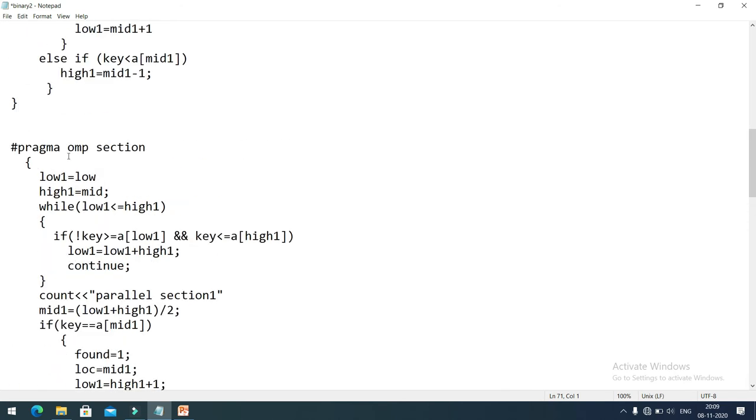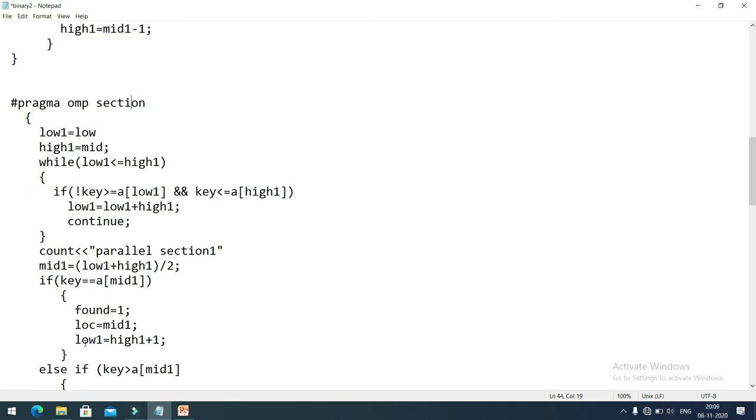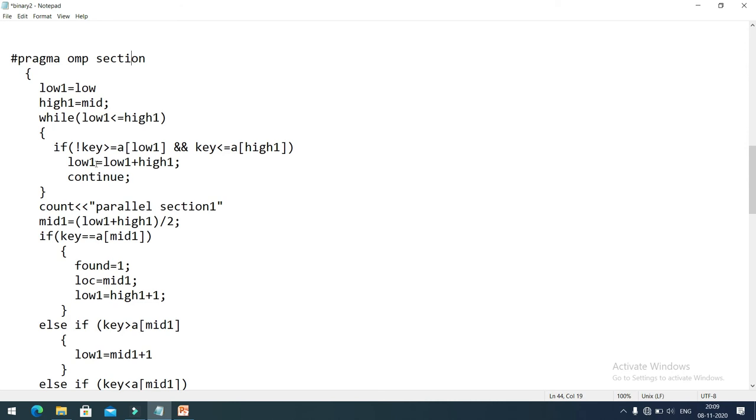So again, this will be a compiler directive, pragma omp section. So this is section 2. This first part will be executed by some different thread, and this part 2 will be executed by some different thread in order to achieve the parallelism. So here I will simply copy this and paste it here, and I will just do some required modifications.